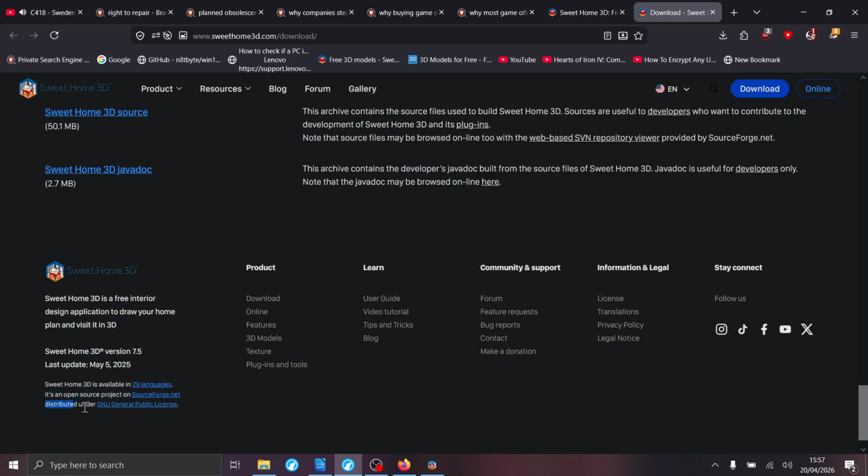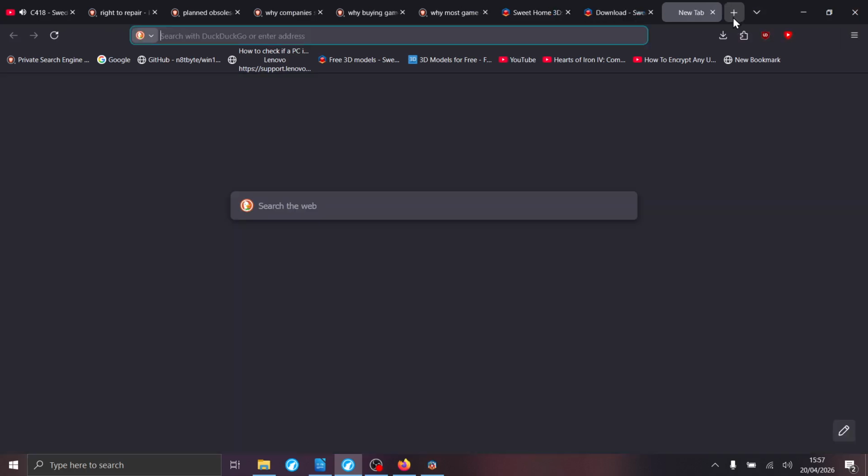It's also using the GNU Public License, which means you can tell this app does not have any plan to force you to pay or anything. The second reason I'm using this is because of the alternative, let me show you.